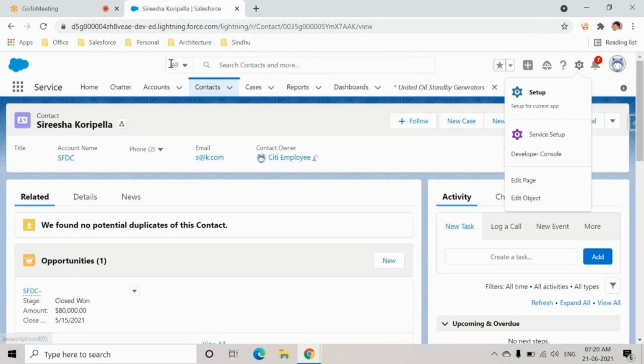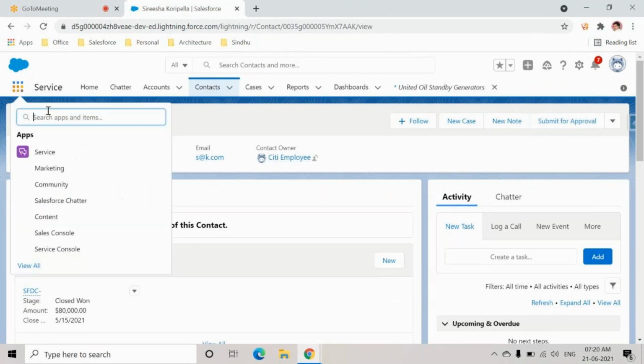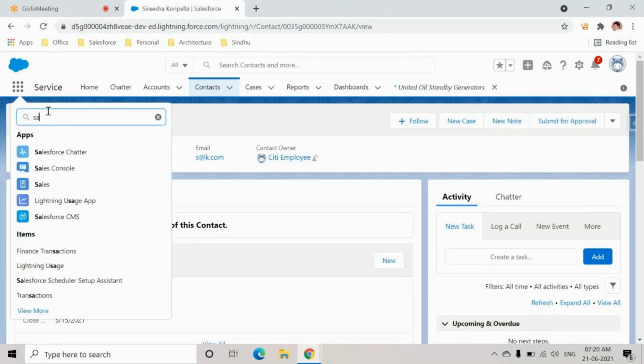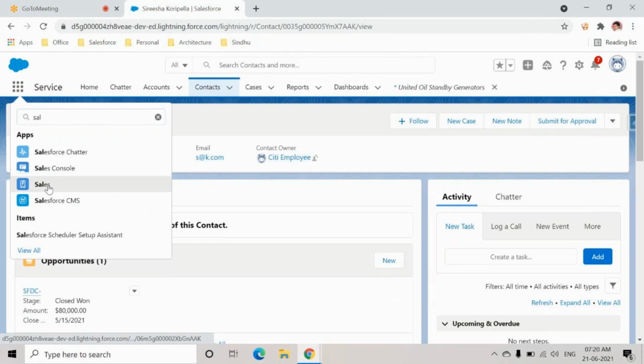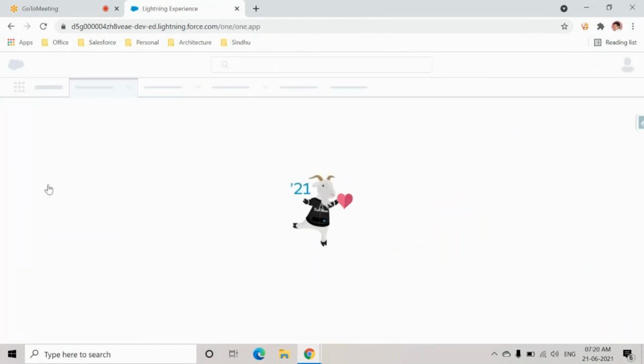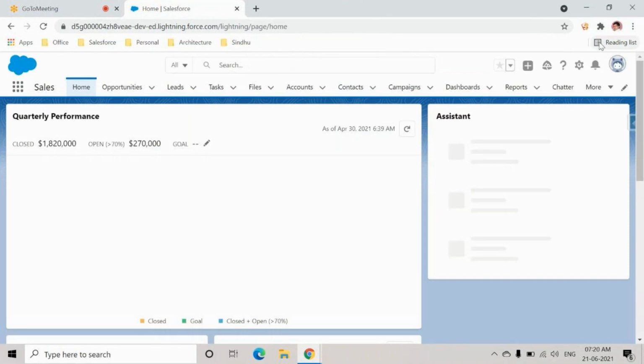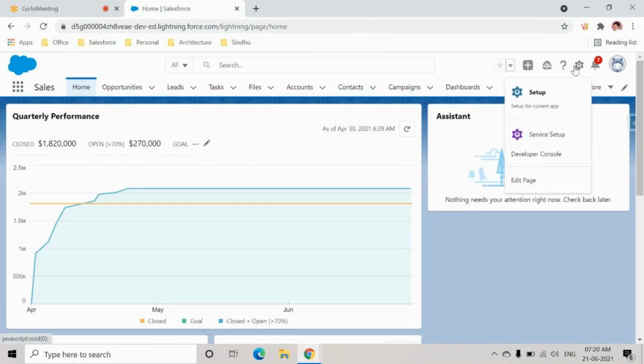And when I'm on a particular application page, let's say Sales or any random application, it will show you only four again. There is some difference when you're on the object page, so those things I'll discuss in depth later. But we need first only three. What are these? First one is the setup screen.